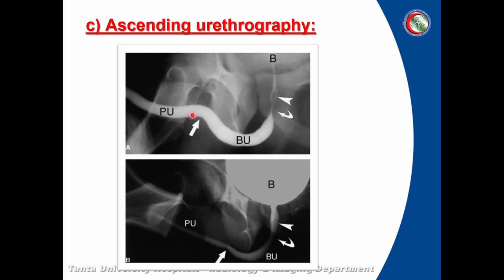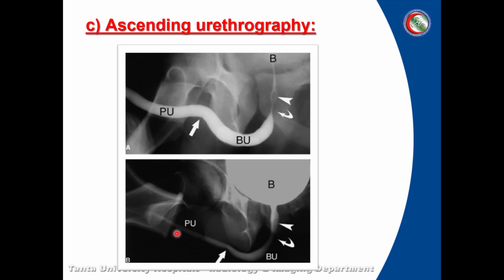Male patient urethra is composed of 4 parts. 2 parts constitute the anterior urethra, which is the penile part and bulbar urethra, and 2 parts constitute the posterior urethra, which is the membranous part, and the prostatic part, which is surrounded by the prostate, ending into the urinary bladder neck and the urinary bladder. So the ascending urethropography is an important imaging modality for assessment of the male urethra,